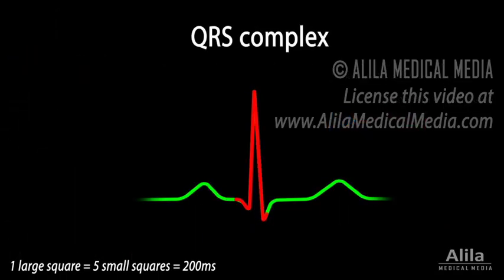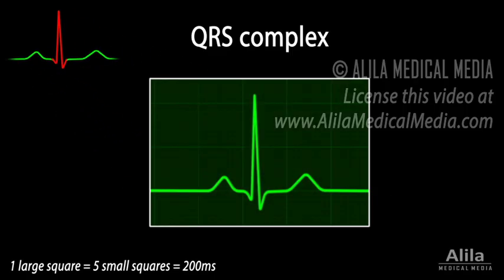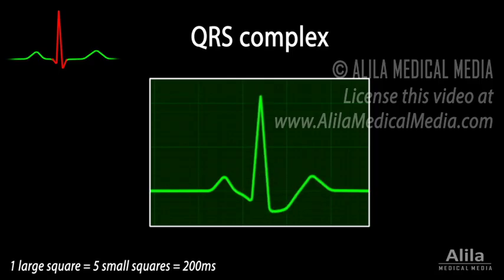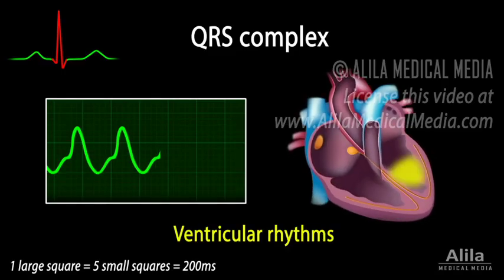The QRS complex represents depolarization of the ventricles. A normal QRS complex is narrow, between 70 and 100 milliseconds. A wider QRS complex, resulting from an abnormally slow ventricular depolarization, may be caused by a ventricular rhythm originated from